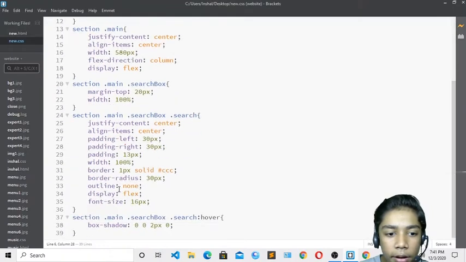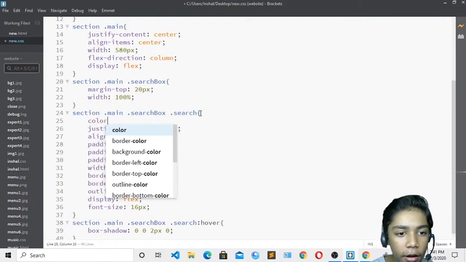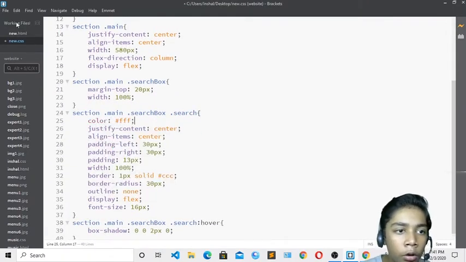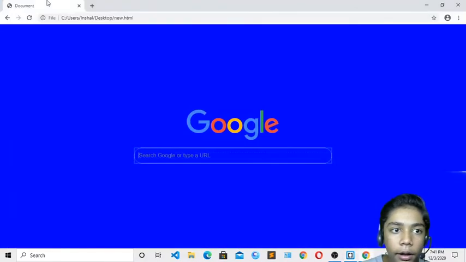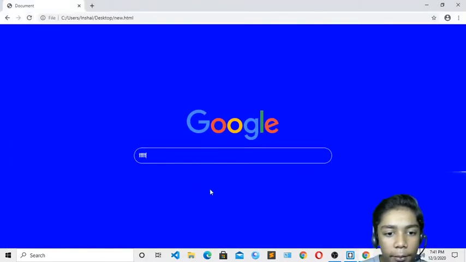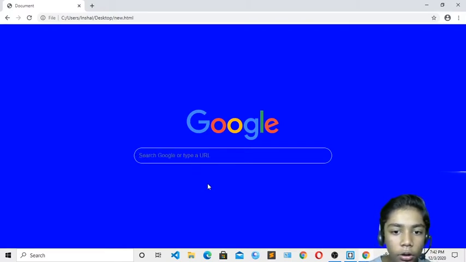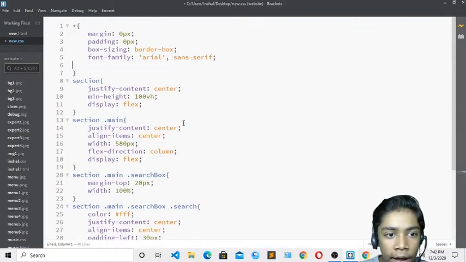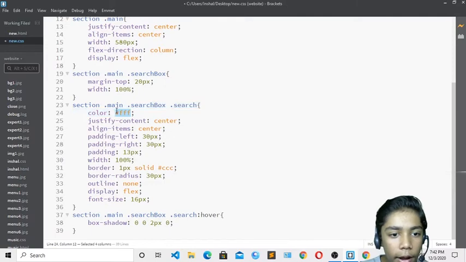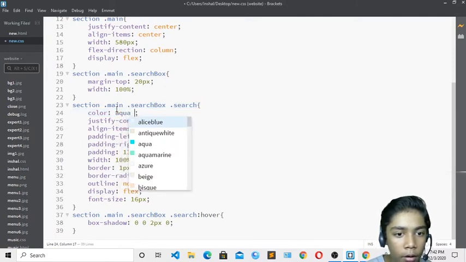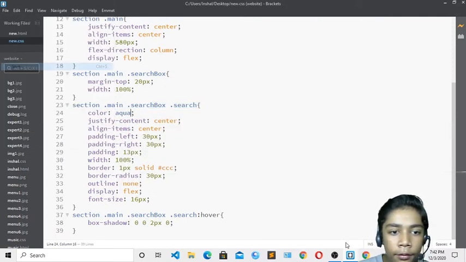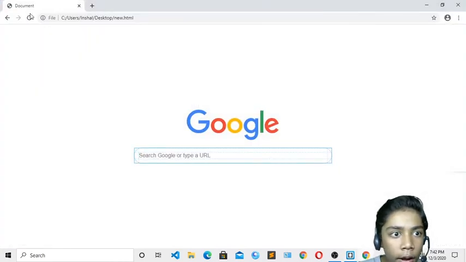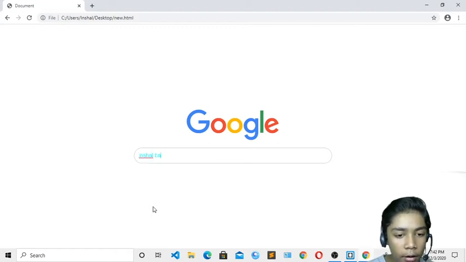Now if you want to change the font color, you can also do that. I will minimize and come over here, and color should be white. Means you know this code of FFF, which is called white. Hit refresh. Here you can see when I am writing everything, it is coming in white. So you can do like that. I will erase this background color from here and change the color to aqua. Save that, and hit refresh. Here you can see now I am having the color of aqua.